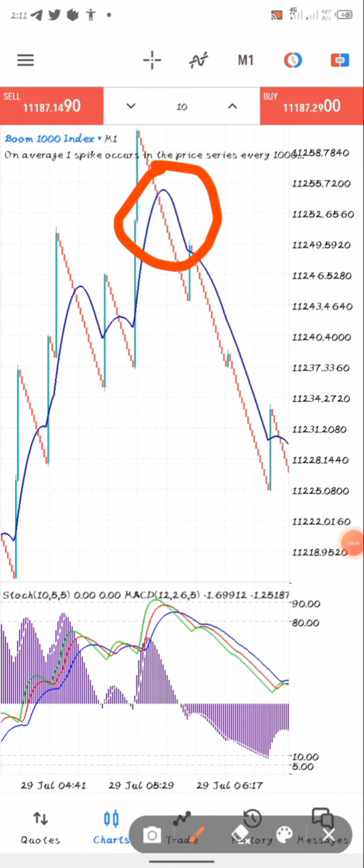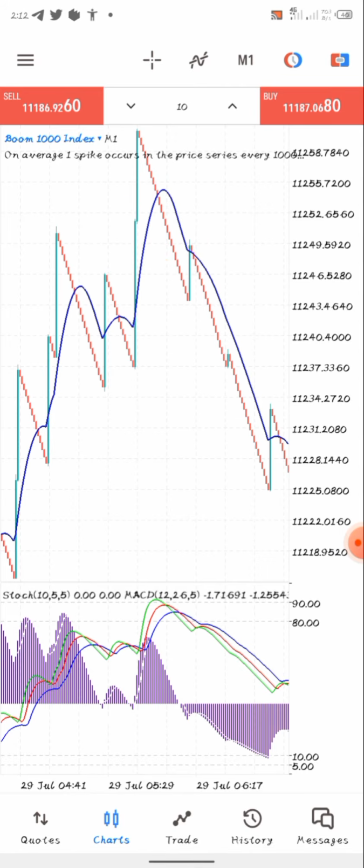It's your moving average. You wait for a candle to close above or below your moving average, which means when you see a candle moving below the moving average, that is the first confirmation you need to see before you take your trade. Now, back to our indicators.